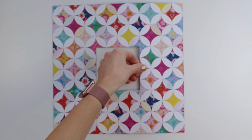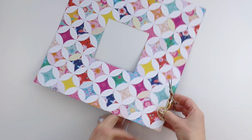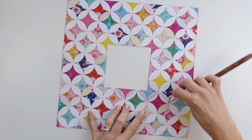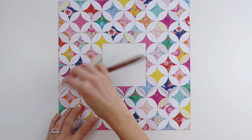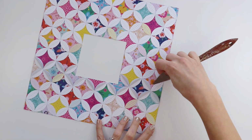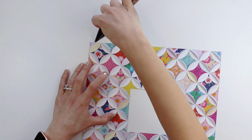Once you're finished machine stitching, you can trim off any excess threads that are hanging loose on the edges. And then it's time to add the dimension. So I'm using a palette knife. You could use your fingers or some other tool, but I have found that this palette knife works really well for this part. So you put it underneath one of the petals, bend it up, and do that to the entire background. And this completes the